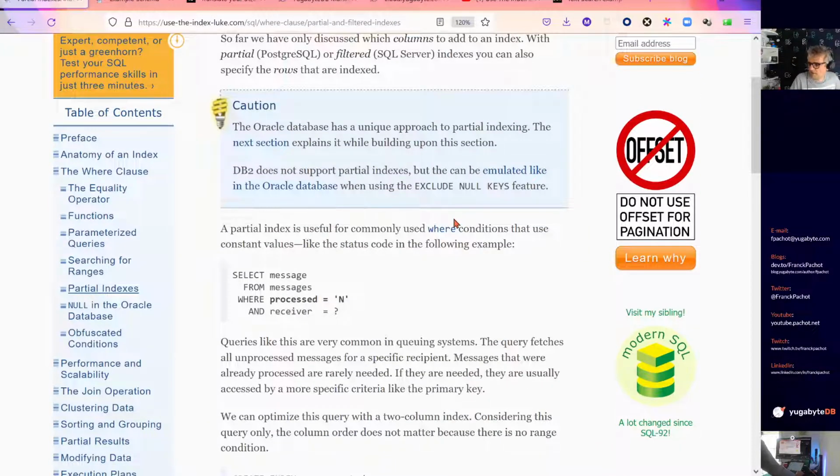And probably I will go through the partial indexes. Maybe not next week, because next week I'm going to KubeCon in Spain, so probably the week after. Anyway, about partial indexes, I've also done